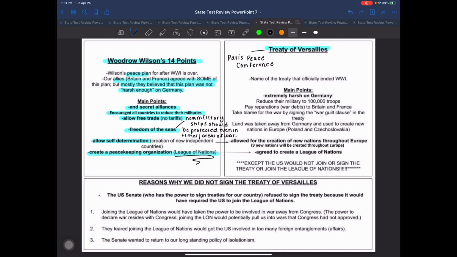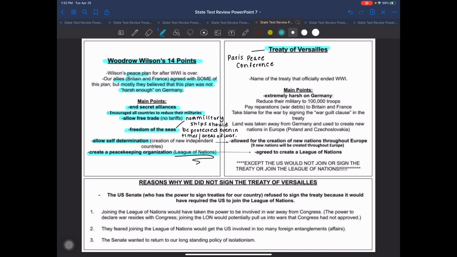What are we going to do to try to prevent this from happening again? There are so many details that have to go into the treaty, which is the reason why there are several meetings at this peace conference. So Woodrow Wilson is making several trips to Paris, France, to help draw up this treaty.